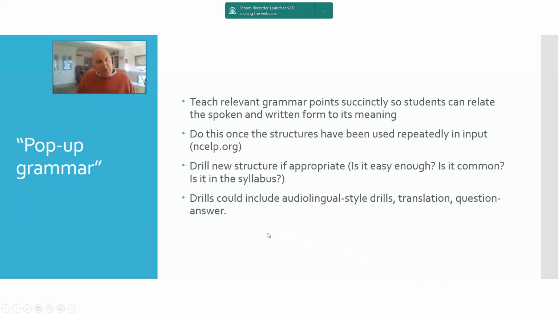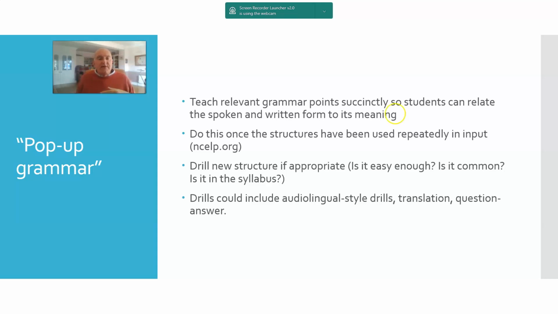Now, where would the actual teaching of the grammar come in this sort of sentence builder chunked approach? Well, firstly, as we saw in the last presentation, the advice is generally, if you're going to teach grammar points, keep it succinct, keep it concise and simple, and make sure students can match the form of the grammar clearly to the meaning. That's really important. It's good to do this once the structures have been used repeatedly in the input. That's what I spoke about last time with reference to the